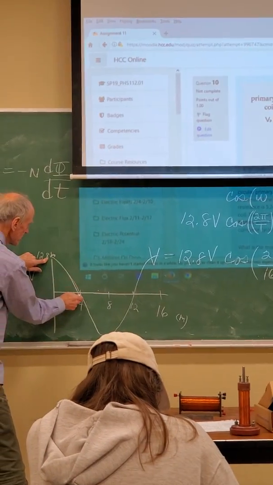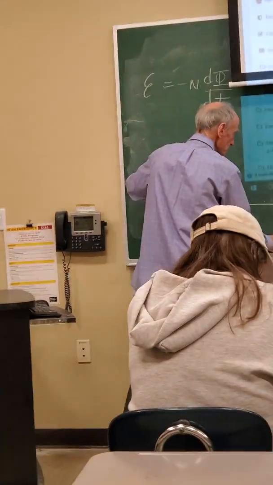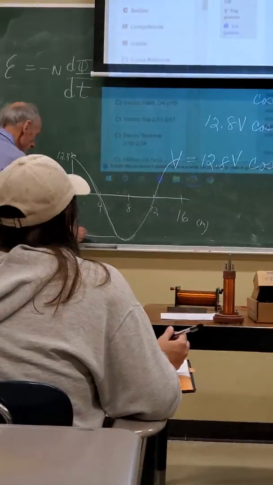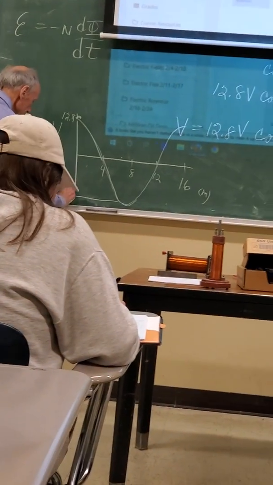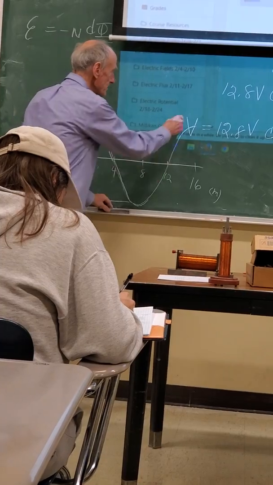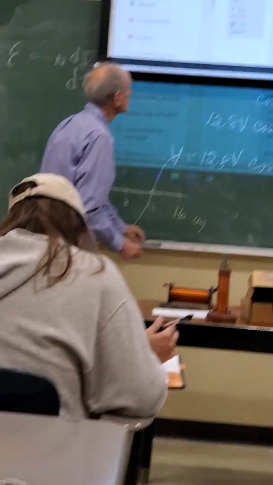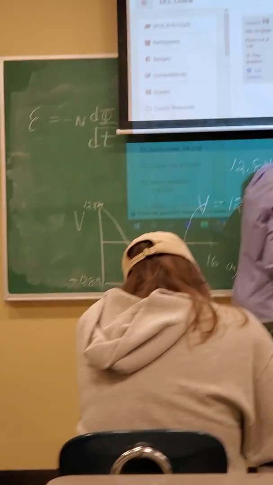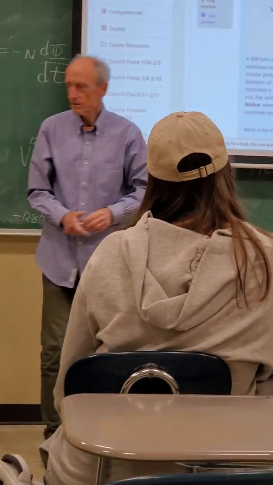In a quarter cycle, it would go to 0. Then in a half cycle, 8 milliseconds, it would go to negative 12.8. And then back there. All right. So just understand that function. And let's start to step